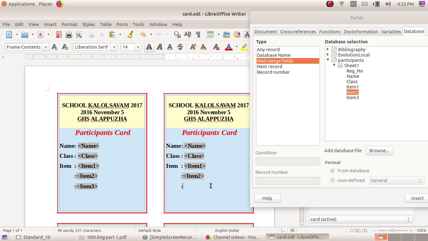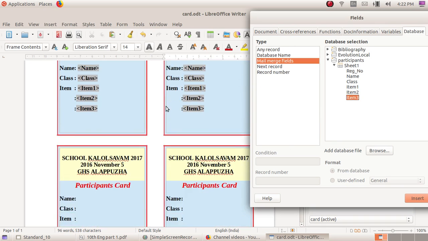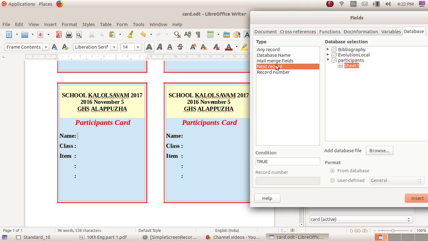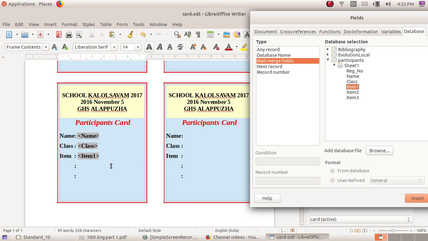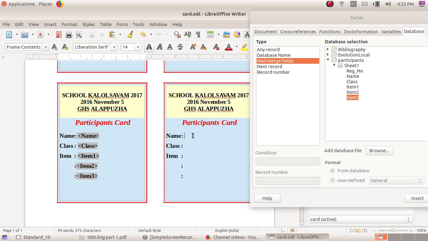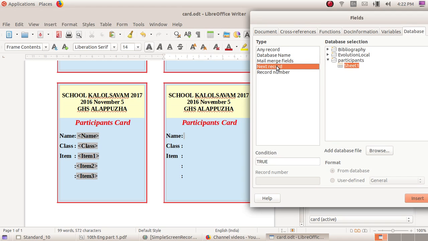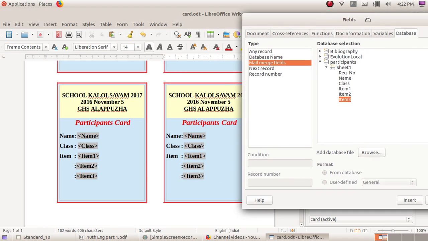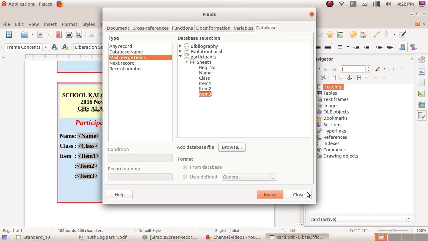Then again place the cursor in the next card, double click on Next Record, go to Mail Merge Fields, click on the arrow, and add name, class, item 1, item 2, and item 3. Do the same for the fourth card. Then close the field window.